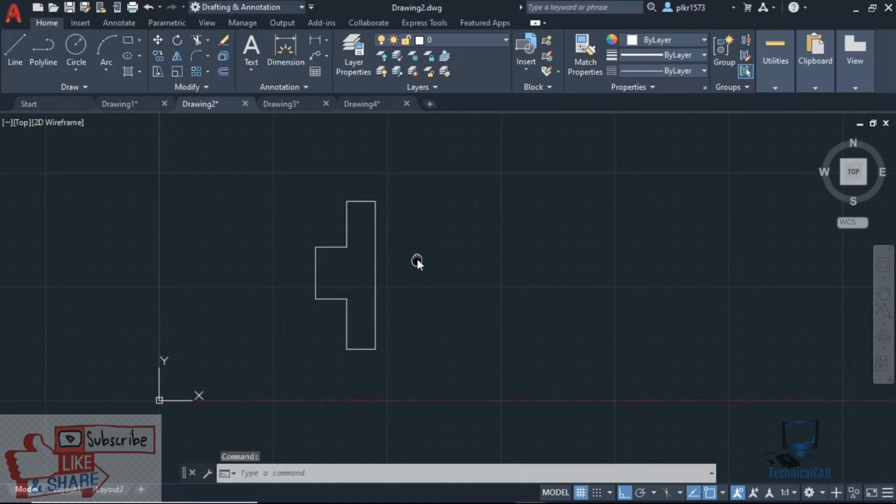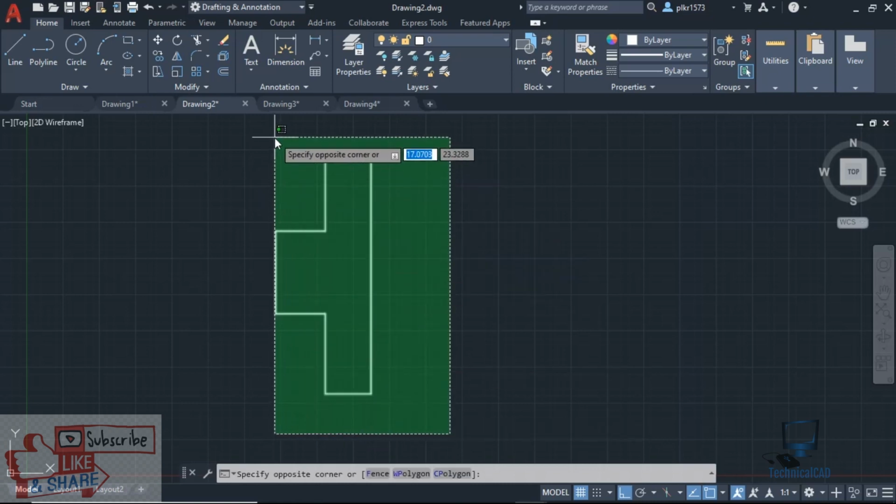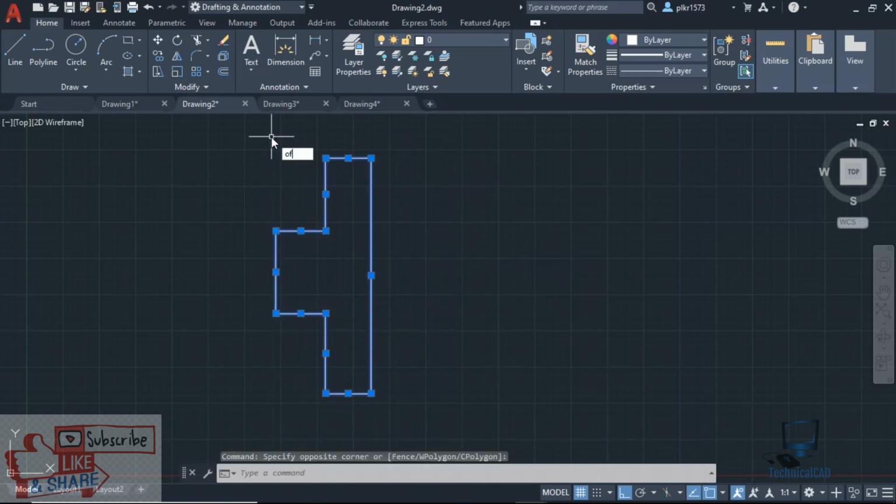And second option is offset and mirror. So this is my drawing. So if I need to offset this object for 10 mm or 20 mm, I have to select the object and go for offset command. So offset enter, and now I have the option called through. It means without entering the distance in a numerical way, I can drag on the screen itself. Here I will enter the number. So let's take a 5.